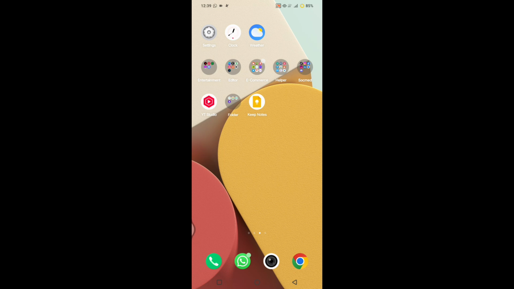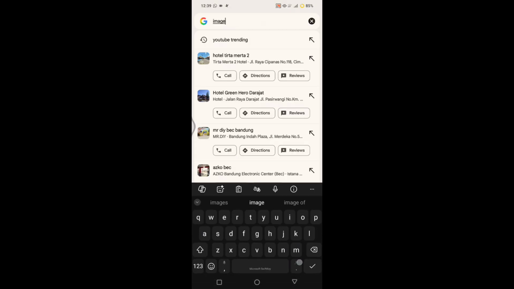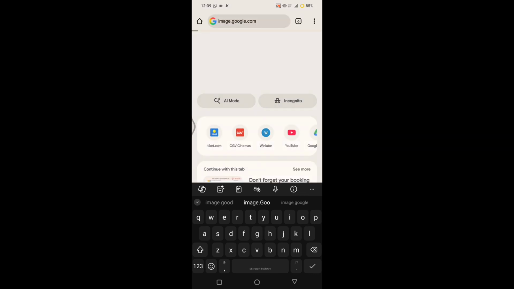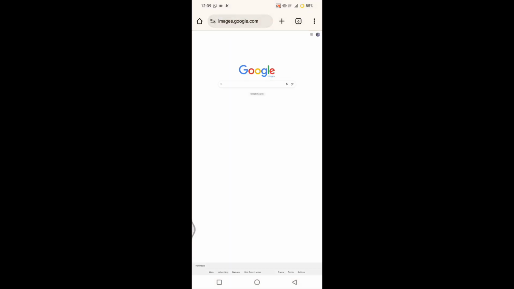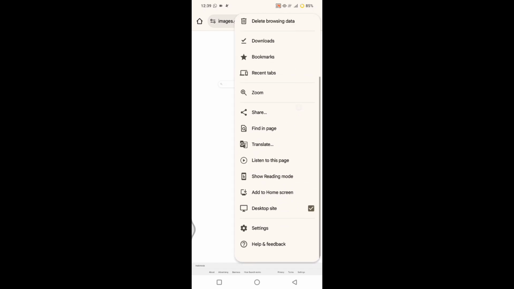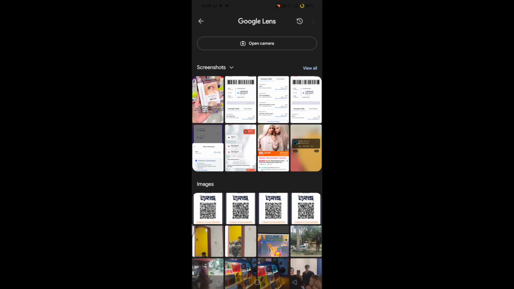So first you can just open your browser, and in here you can just go to this page, image.google.com, and now you can just click on the let's use mobile. Okay, click on the camera icon on the search bar, and then you can just upload your file or paste